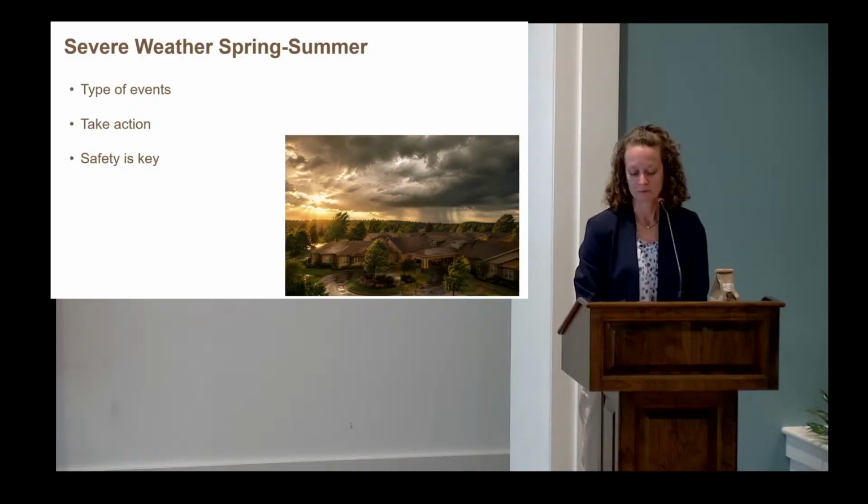Our cottage and villa residents are directed to seek shelter on the inside wall of a room in the residence, away from any windows. So when severe weather happens, what matters most is how we respond, right? Staying calm, acting quickly, supporting one another, and always keeping our residents at the center of our decision-making.